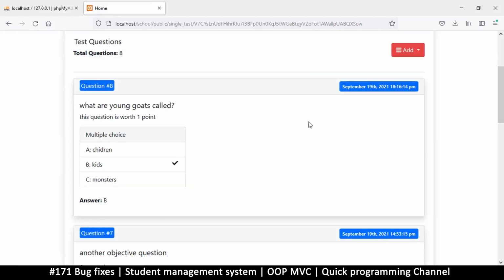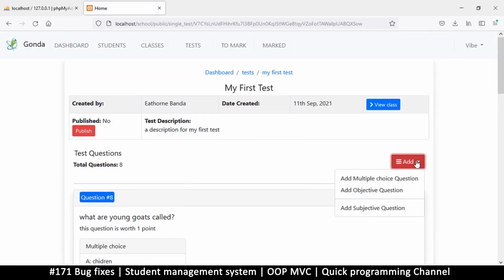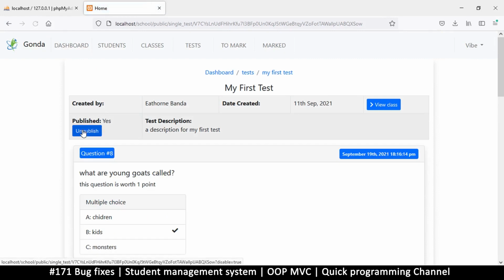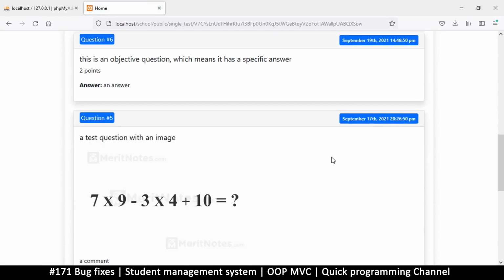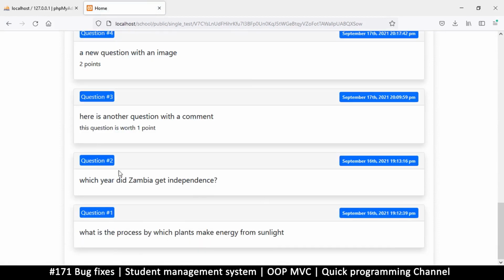So refresh, and now we can see it. Then once we publish this, we don't see that. When we unpublish it, we see it. Okay, that seems